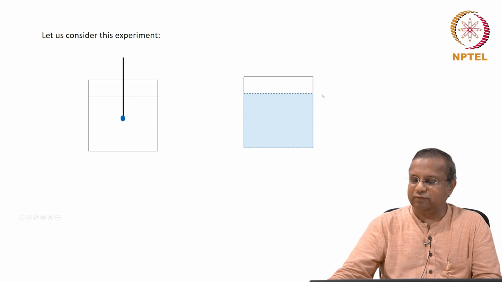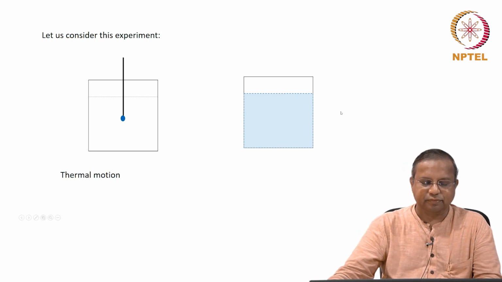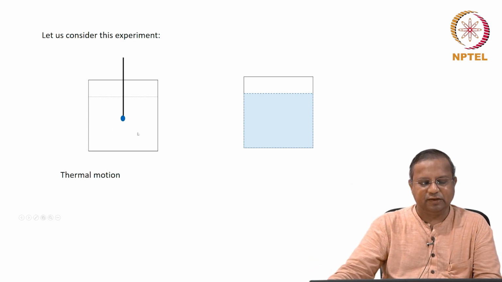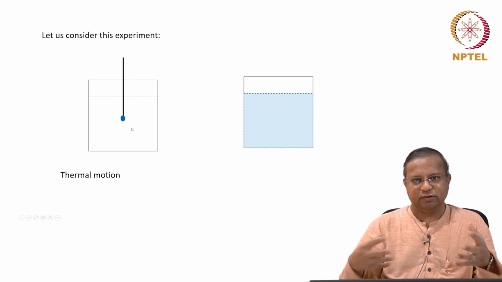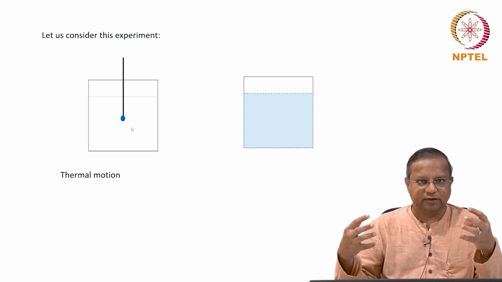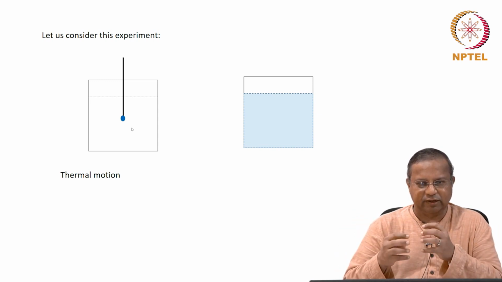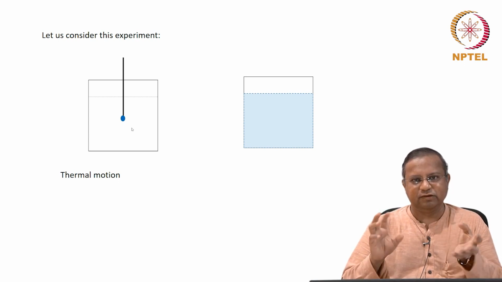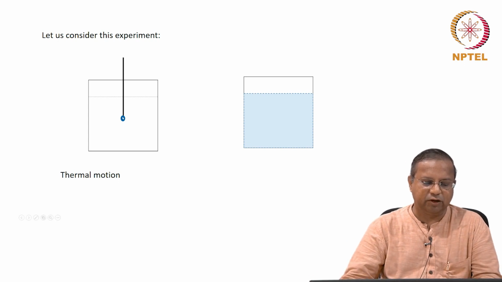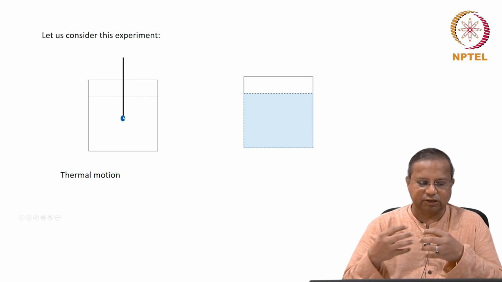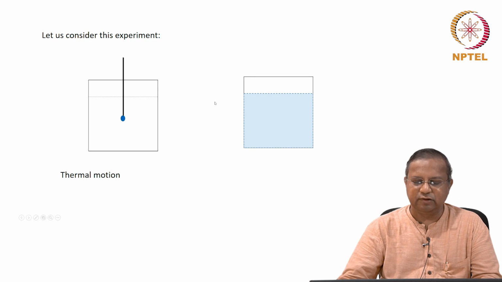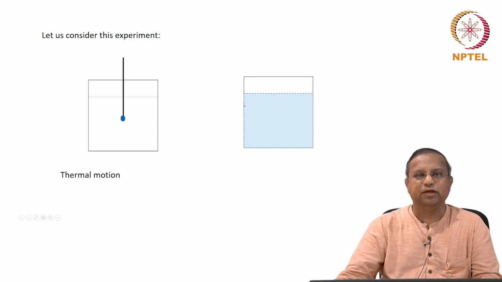Still, this will happen over many hours. What actually causes this, if you recall your earlier physics, is the thermal motion of molecules. As long as there is a temperature, there is motion of molecules. The water molecules are jiggling, hitting against each other, and so on. Various different motions of molecules are interacting with the ink molecules, and as a result of these thermal motions, the ink molecules get spread uniformly throughout the liquid.